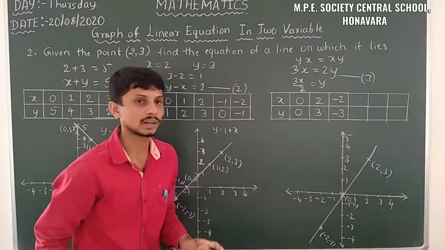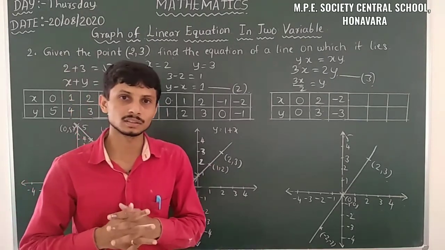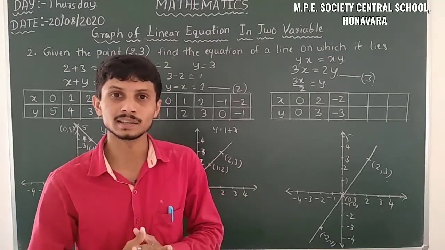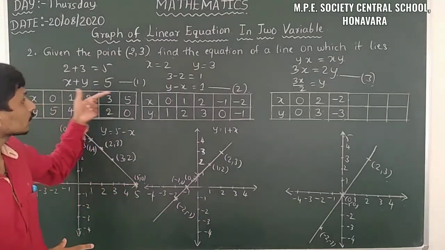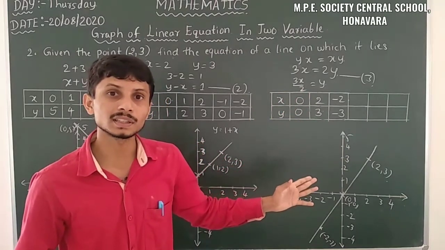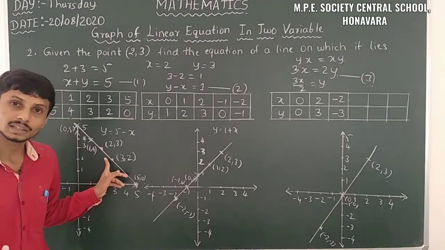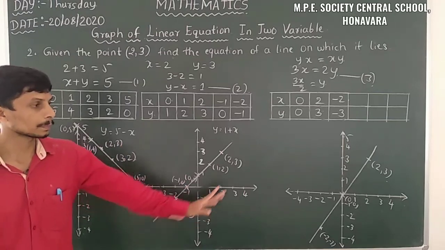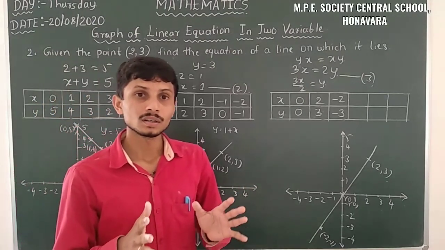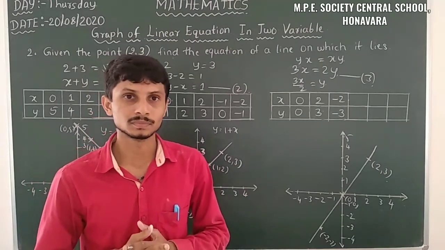Here the points are joined with a straight line. So I already told you that this linear equation in two variables, in the form of a standard equation, represents a straight line. That means all the equations here are linear equations in two variables, also equations representing a straight line. That's why all the points representing the linear equation in two variables give a graphical representation of a straight line. So we also must be aware of the formation or representation of a straight line here.